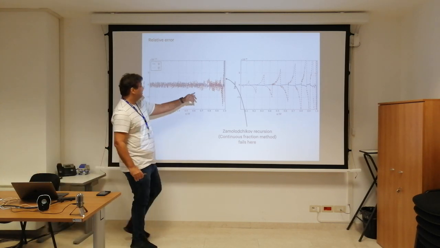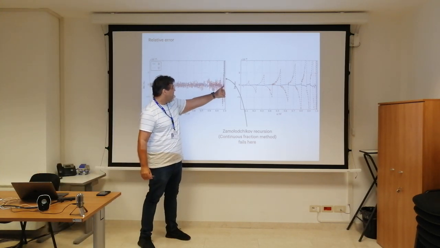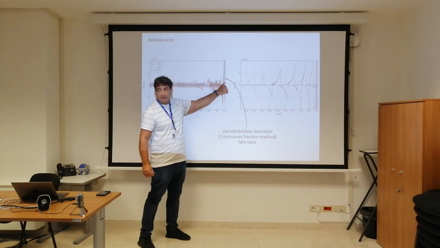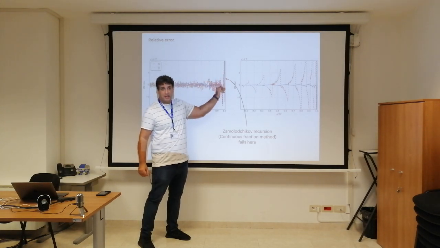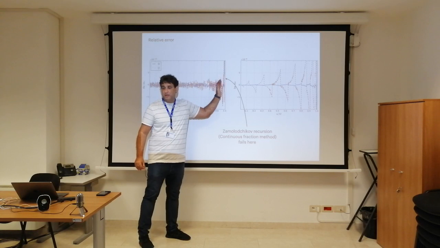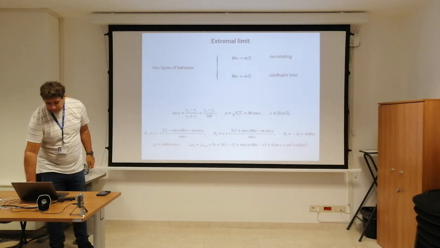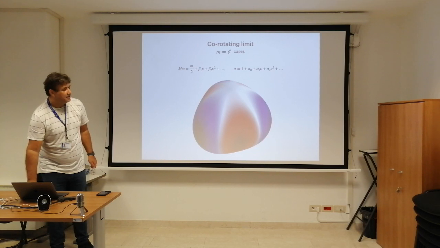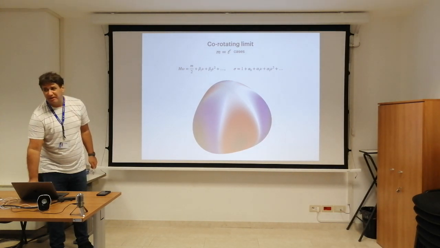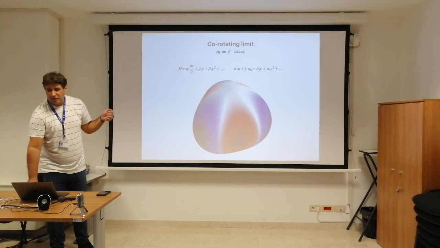You see that the mismatch becomes larger here, so there's some structure here that you cannot see through the usual method. But our method seems to be working fine. So the extremal limit also can be studied. It gives you the tau function of the F3 plane. But yes, you have this